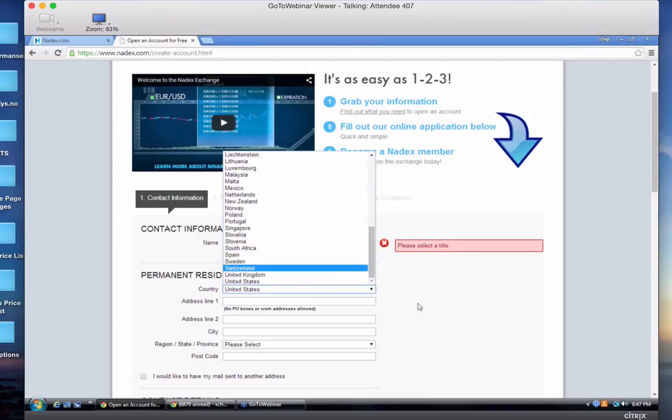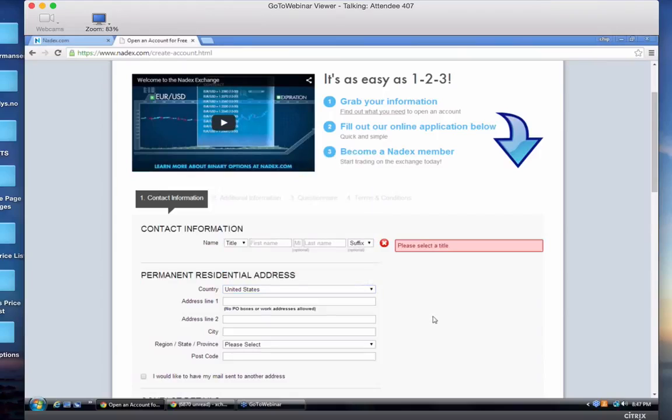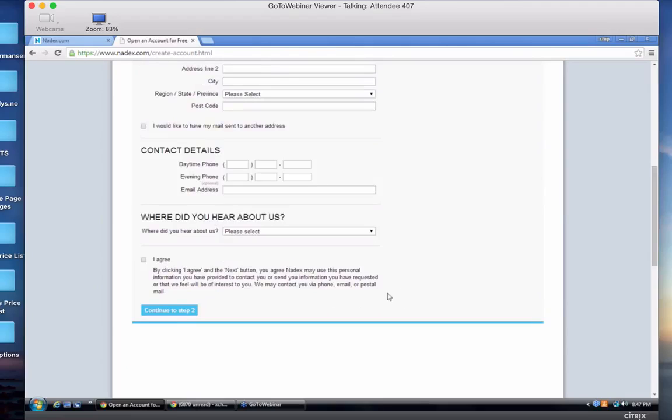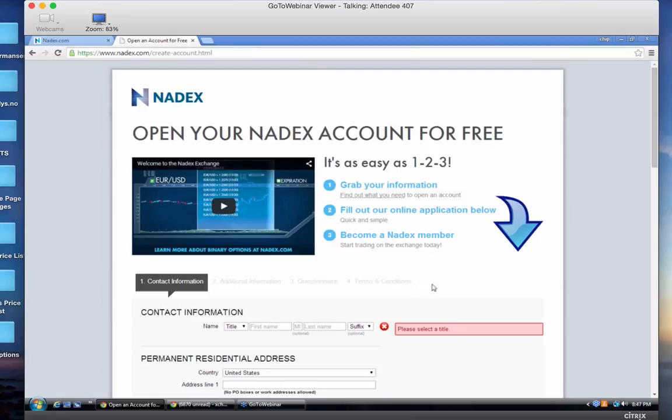Now, as for funding, I'm not positive, but as you fill this out, it'll tell you if it needs to be wires, and I think we're taking on debit cards as well shortly. As for checks, I'm not positive. I can find out and let you know on that one.